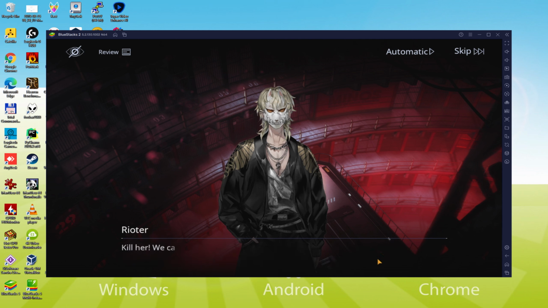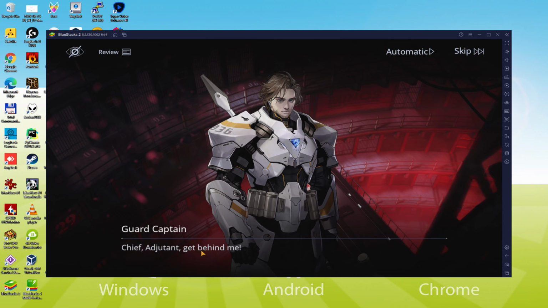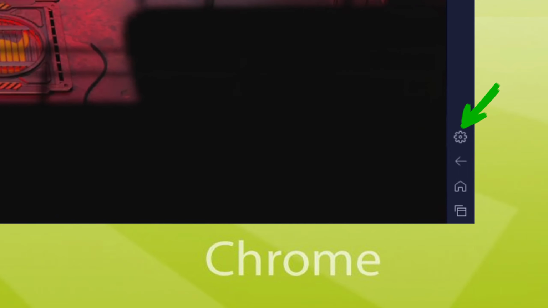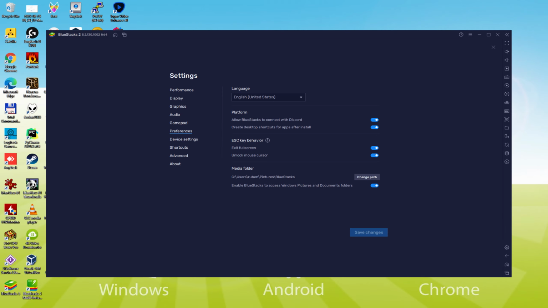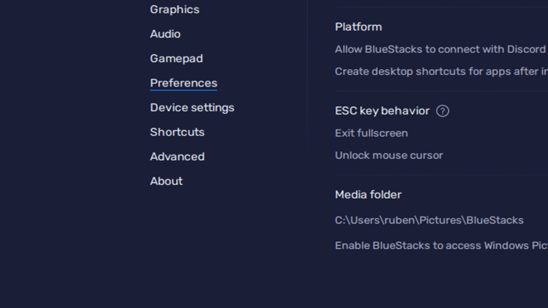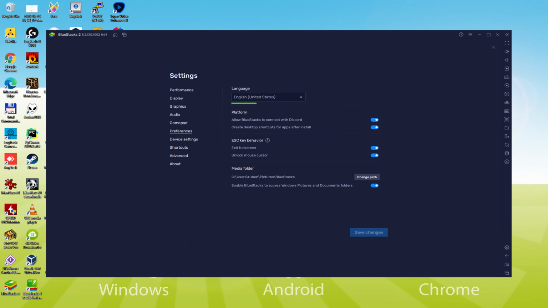In certain cases it happens that the emulator is presented in the wrong language, for example, in Chinese. And to set it up in the right language we click here on the cogwheel. And then here among other controls, we click on the language drop down. We can opt for the language we wish, English, Chinese, etc. When the language is chosen, we save, the emulator will restart, and the Android game, the next time we use it, will also be in the chosen language.